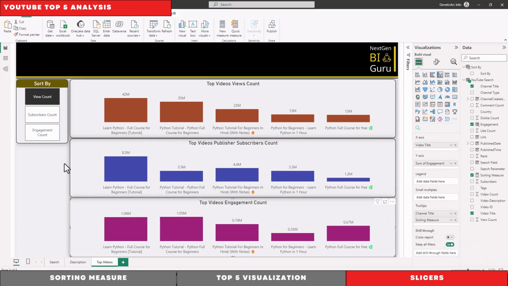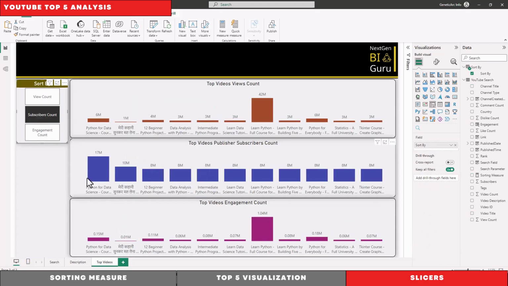So what we have done here, we have allowed dynamic sorting based on the field we're gonna select from this slicer here. I also made sure that always the sorting is based on the same measure. So for example, if I want to sort by subscriber count, you can see the middle is showing the top subscriber count, then the lower, and then the lower. And if you can see the other two visuals, always the sorting aligns, so you can see the same video title in the same location. Here we have this video repeated here and repeated here.